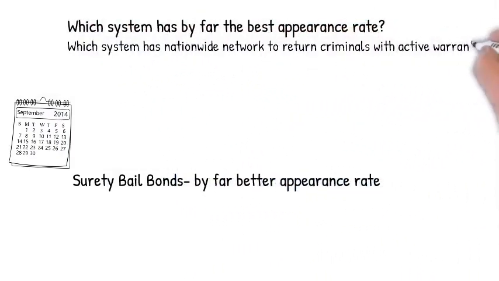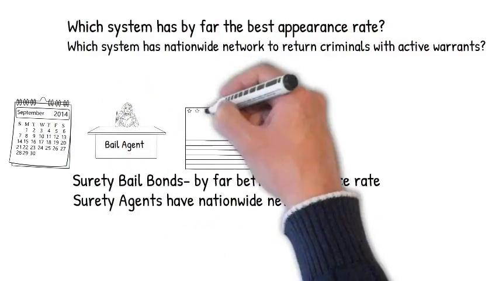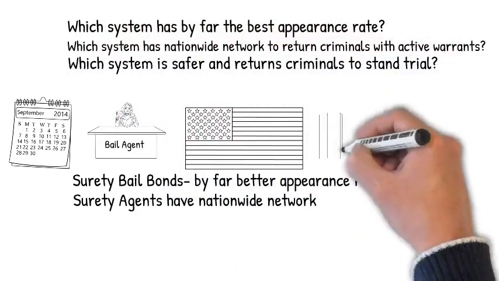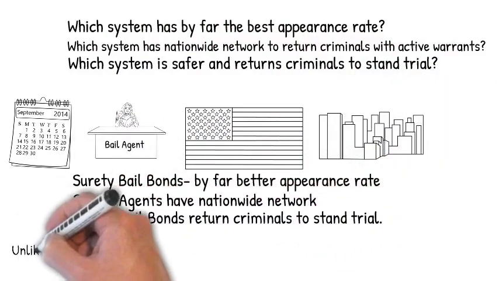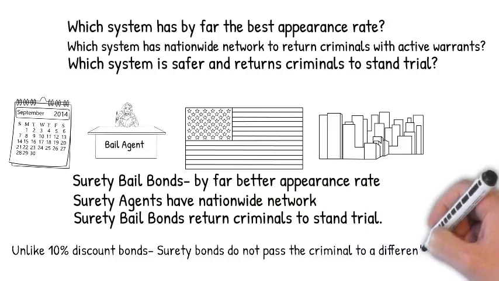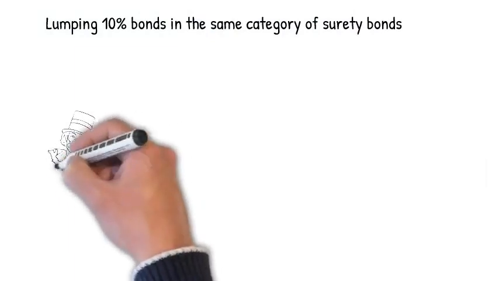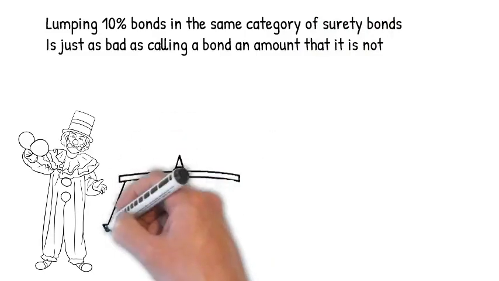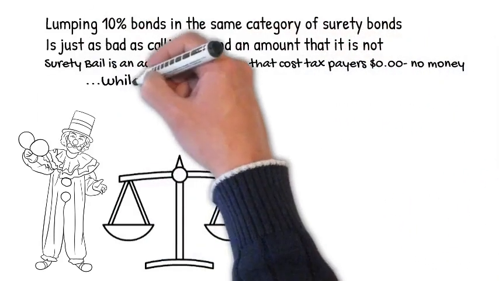On the topic of bail in Ohio, there's two main purposes of bail: to guarantee appearance and for public safety. Surety Bail Bonds has a nationwide network that returns people to court when they miss their court date. The current system of using 10% and OR bonds does not have that same network. Surety bail bonds cost taxpayers no money whatsoever, but our current system that has been overwhelmingly used in Ohio is the 10% system and OR bonds. And they are not taking the court seriously. They understand that if they miss court, nothing's going to happen to them.